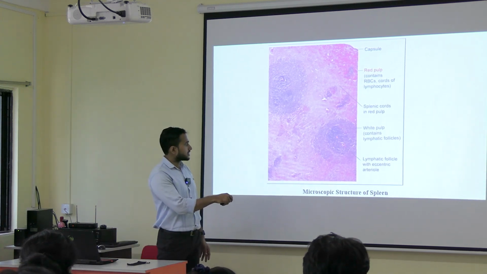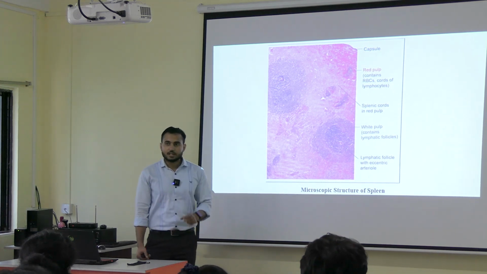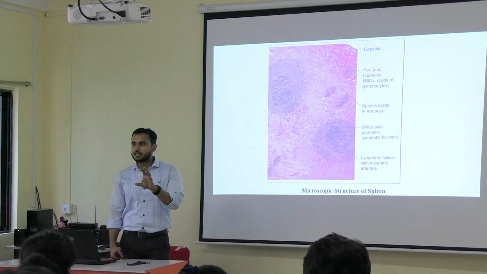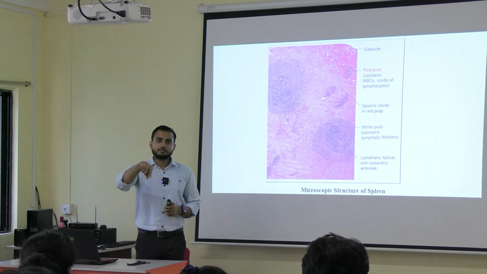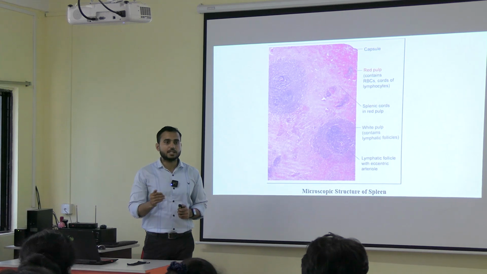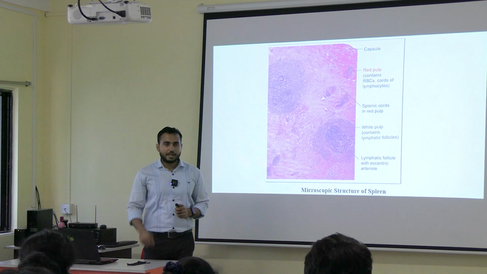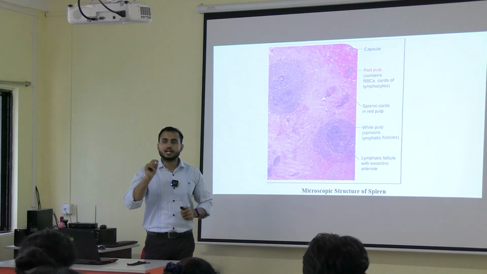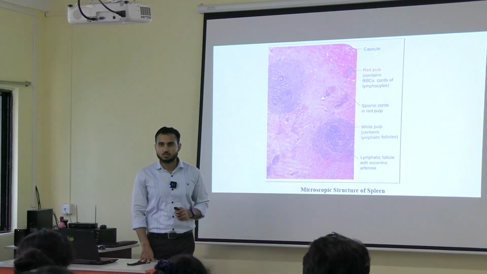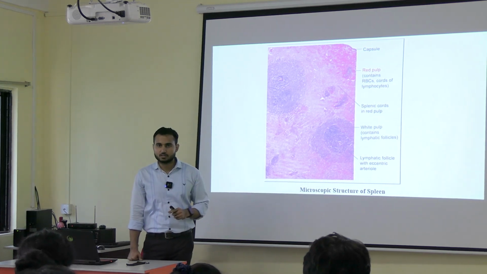ये देखो ये eccentric है, center में नहीं है. मतलब here you will be getting the germinal center. Now please note that जो germinal center होता है, जो center part है, उसमें जो aggregation होगा lymphocytes का, that will be less. And towards the periphery, the aggregation will be more. At the center, the lymphocytes which are forming are immature. At the periphery, mature lymphocytes are present. That is the germinal center.